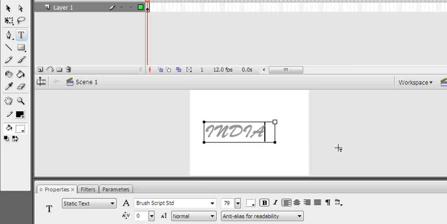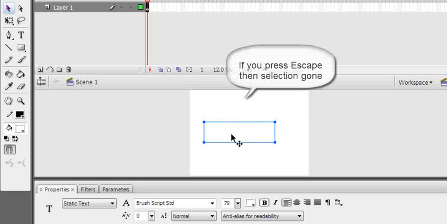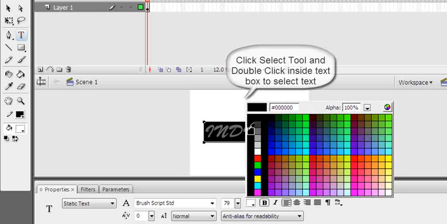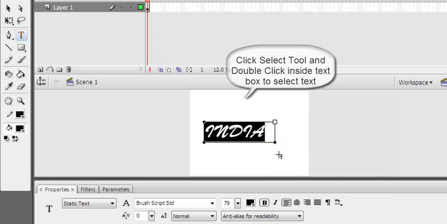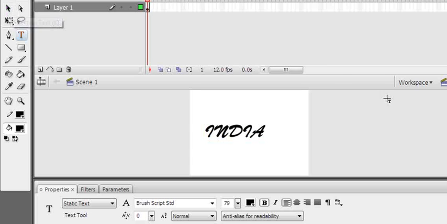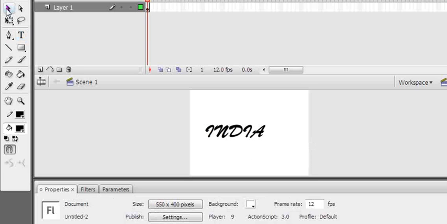Here I have typed India, and see that the font color has been selected probably in white. You can see in the properties window at the bottom there is a field, and you can change the font color by selecting the text. How can you select? Just double click with the selection tool in the left top, and the text will be selected, and then select the color, black color. Anyway, so I have written the text India, and now